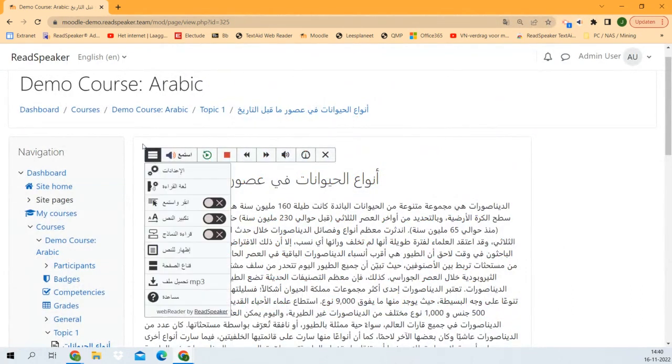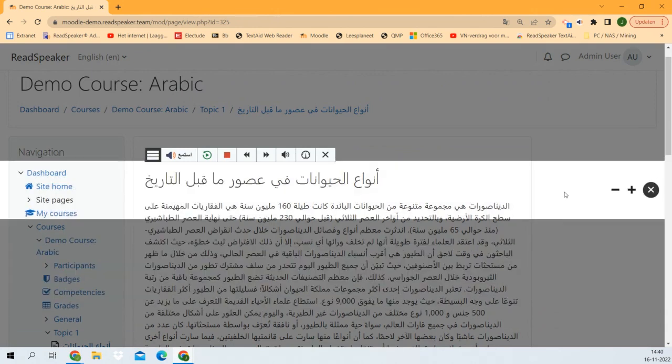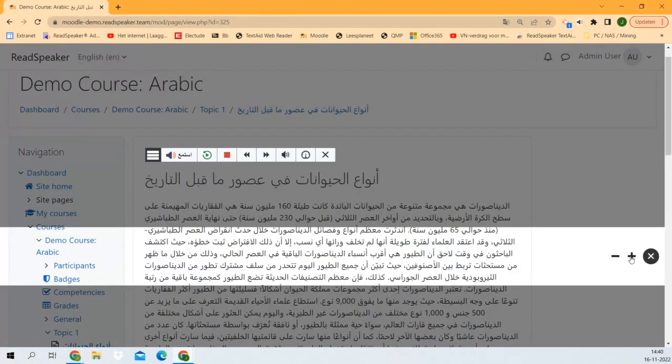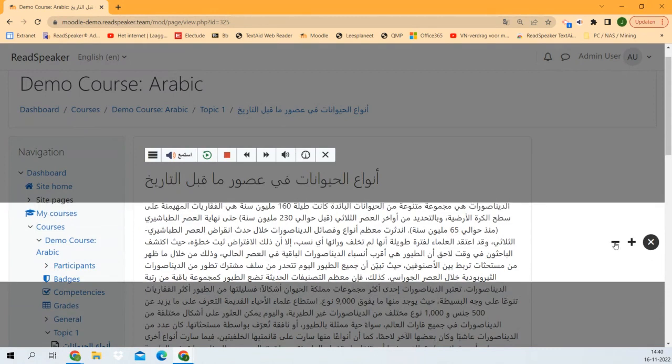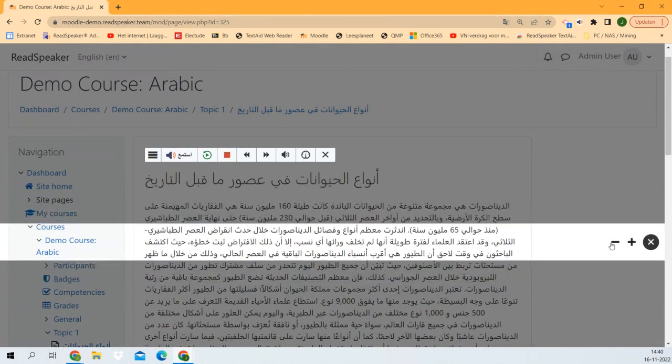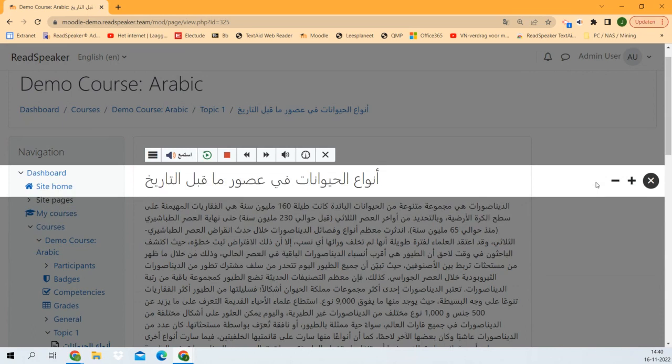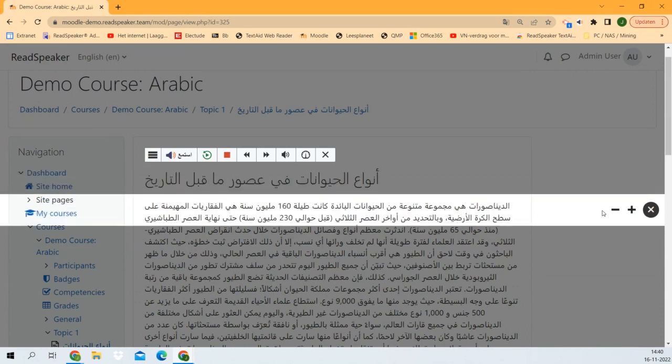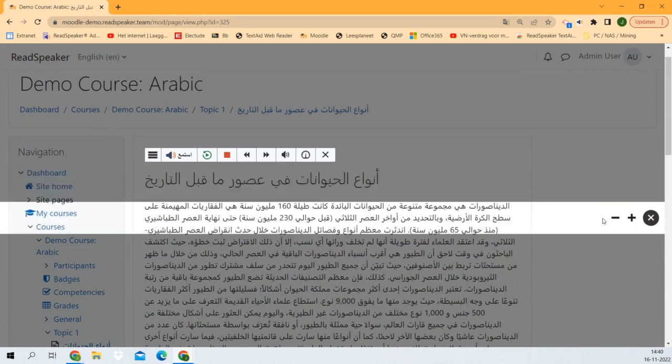Other options available are, for instance, a page mask. Envision a learner who might have a concentration disorder like ADHD, who might find all these extra buttons distracting and might need help focusing on the text. Then they can click this functionality and it will open what we call a page mask. Now the mask itself can be increased or decreased to a size which they feel is nicest for them. And it can help them focus on a specific piece of text, darkening out or graying out the rest